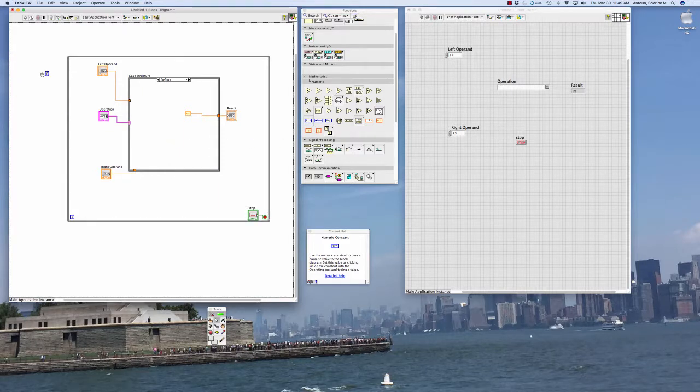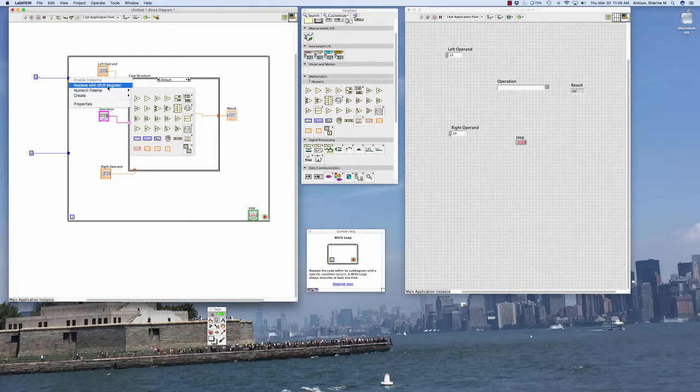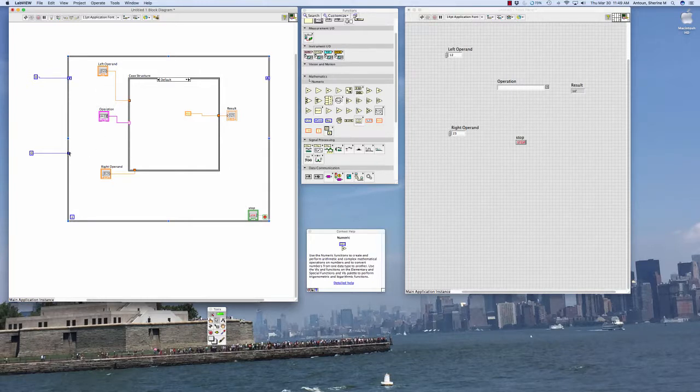So I'm going to initialize these variables to 0. So I have constants here, 2 0 constants. I'm going to connect these just to the edge of my loop, like so. So give me these tunnels, and now I'm going to right click on the tunnels and say change these tunnels to shift registers. And shift registers are basically variable value feedback. Whatever goes in here at the next iteration of the loop, it's available in here,